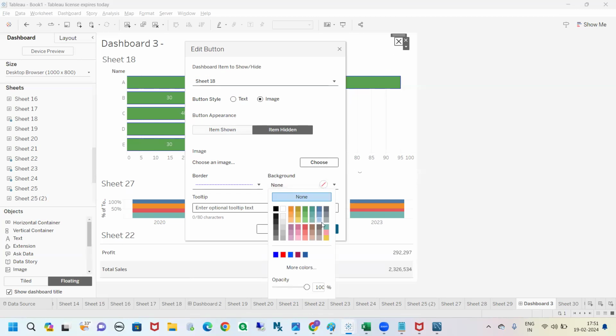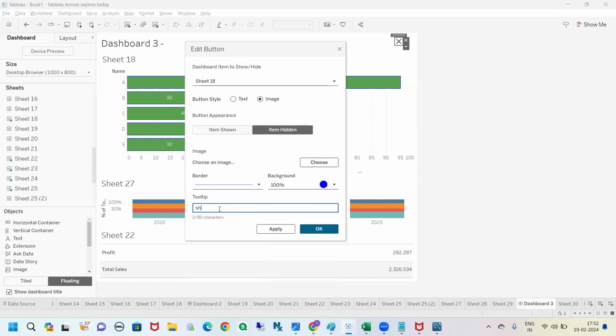You can go for more colors also, and you can go for background color of the button actually. So when you select blue color, the background of this button will be blue color like that. Now we have one option here which is called tooltip. Whatever you write in the tooltip, for example, show